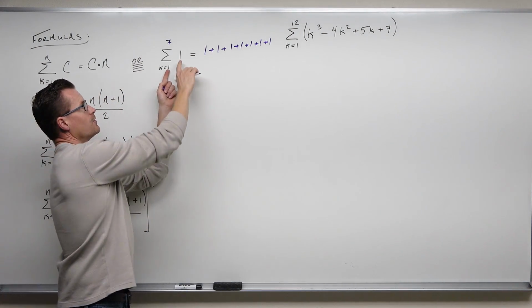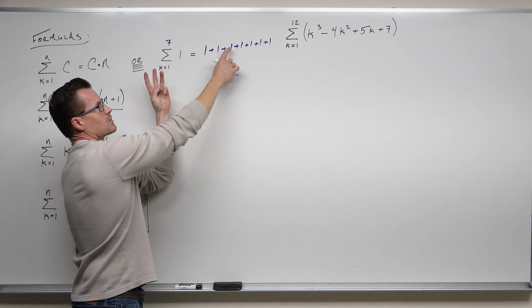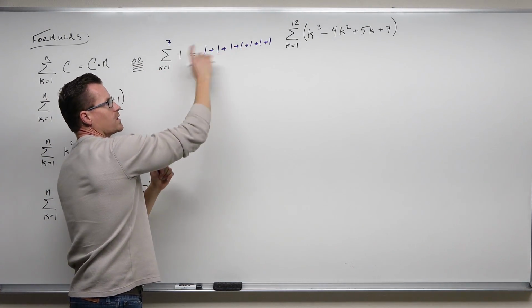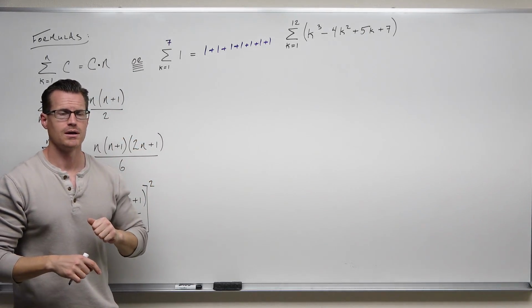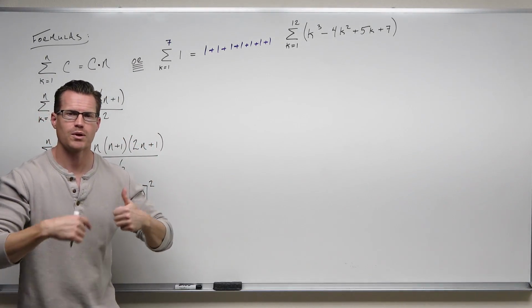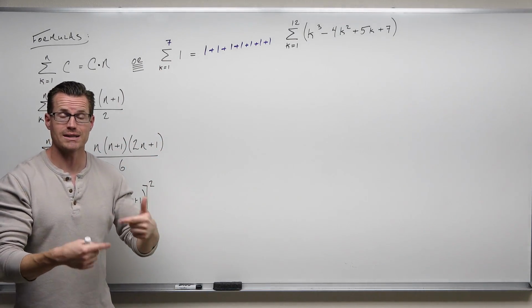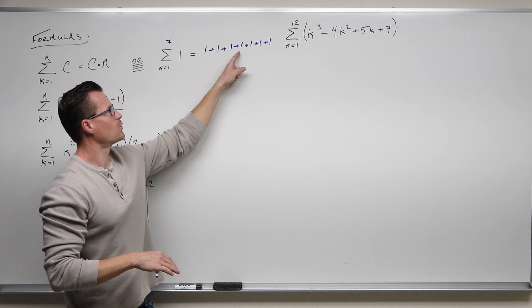Here's the first term, it's 1. Second term, 1. Third term, 1. Fourth term, 1. You're getting that back. Fifth term, 1. Sixth term, 1. Seventh term, 1. And then I end because it terminates. It says I end at 7. The seventh term, not plugging in 7. You're trying to, but it's only giving out 1. It's a constant. What do constants do? They're the same value all the time. So 1, 1, 1, 1, 1, 1, 1.